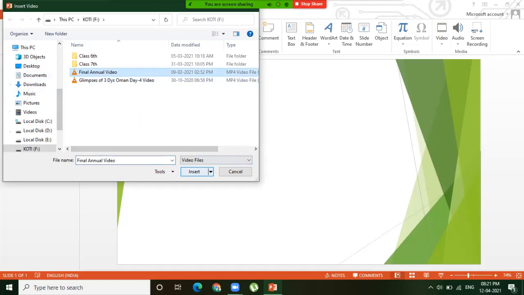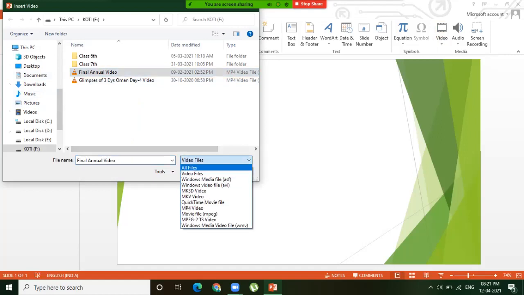Before clicking the insert button, I wanted to tell you that, like the different types of formats we have for audio clips, the same way for video files we also have different formats, like ASF, AVI, MKV, MP4, MPEG, WMV. These are different types of video file formats, and all of them are supported for inserting into the presentation.